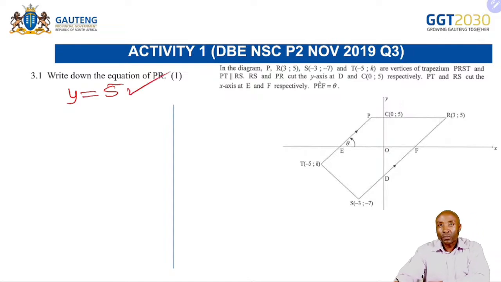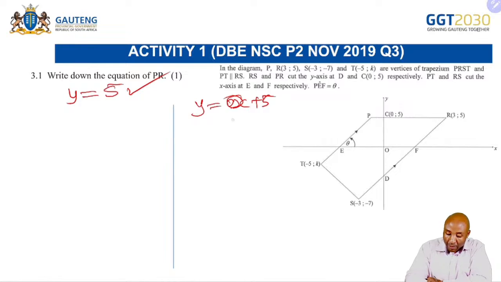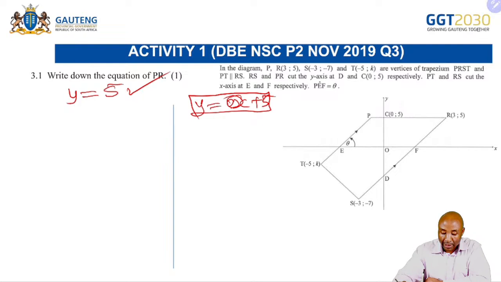There is no need for you to calculate the gradient. It's a horizontal line, and we know that the gradient of a horizontal line is 0. So you cannot write it as y = 0x + 5. Anything multiplied by 0 is 0. Therefore, it is y = 5. I've explained this for the equation of a horizontal line and vertical line. Now, we move on to